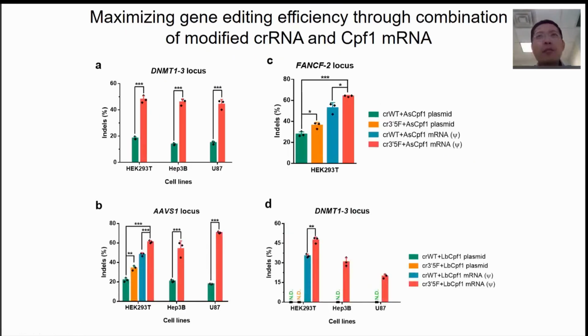Then we thought maybe we can combine the chemically modified guide RNA and the chemically modified messenger RNA to further enhance the gene editing efficiency. And so we tested this combination in multiple cells at multiple gene loci. You can see the red column, that's the combination of chemically modified guide RNA and chemically modified messenger RNA. It showed a consistent increase of gene editing efficiency in 3 different gene loci and in 3 different human cell